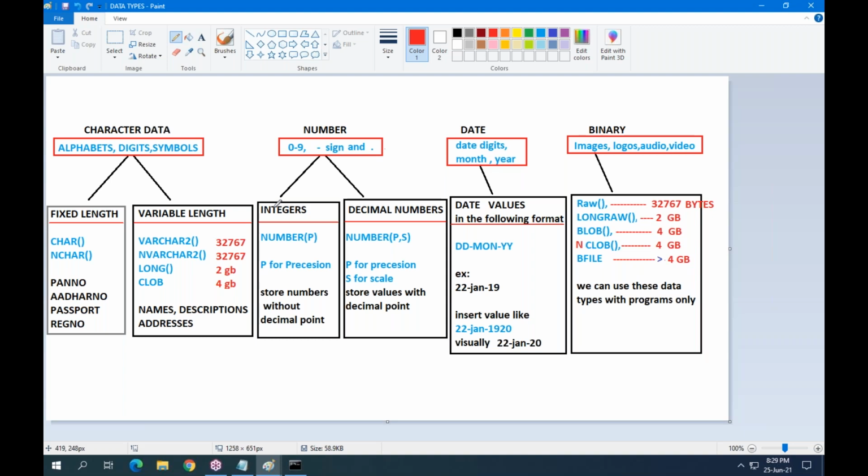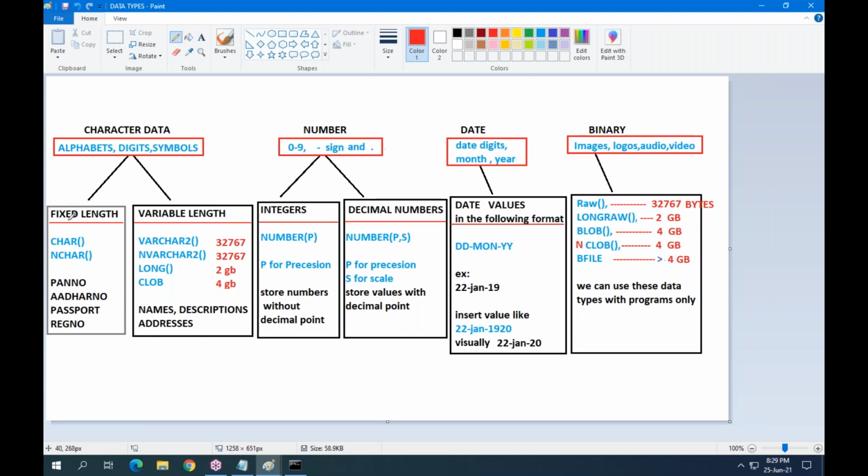In India, any PAN number has a length of 10 characters. Some characters are there, some digits are there. You can take any PAN card number, and you have to use fixed length characters.